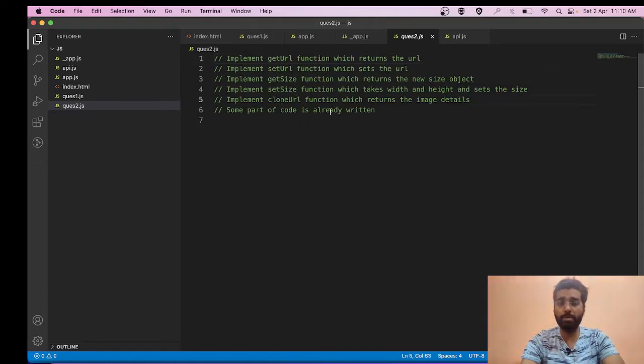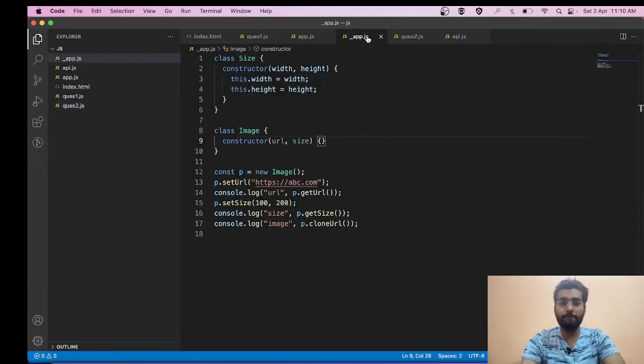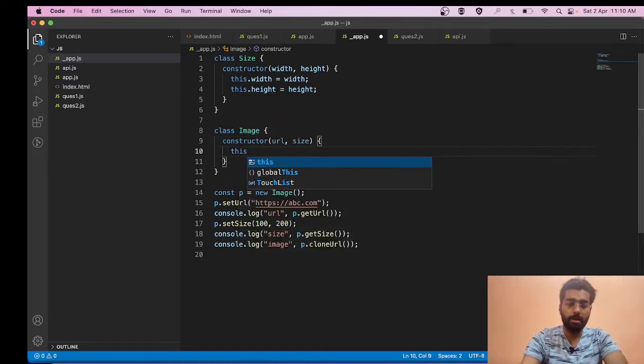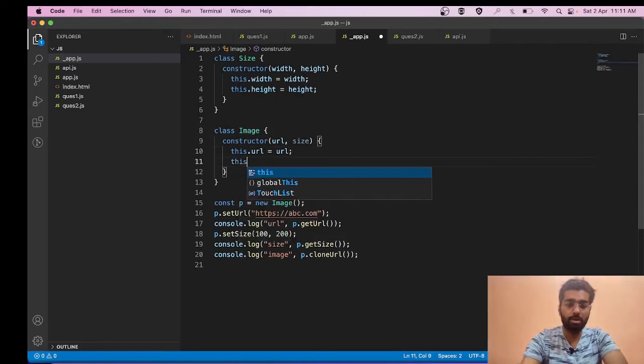Some part of the code is already written, so let's try to do this task side by side. Let's first complete this constructor. So this.url equals the URL that is being passed, this.size equals size.